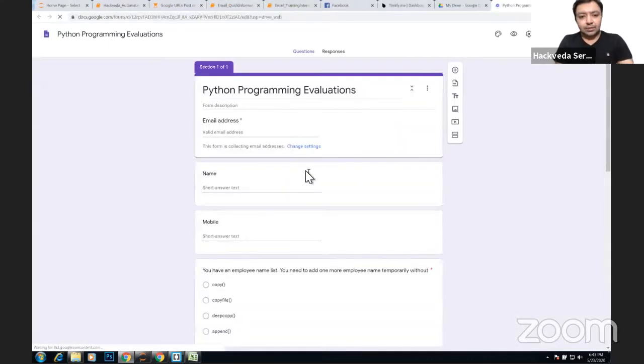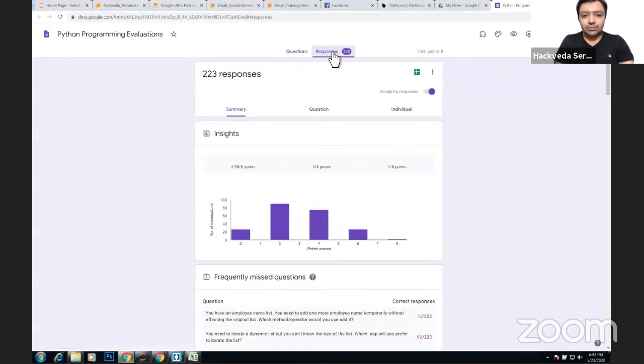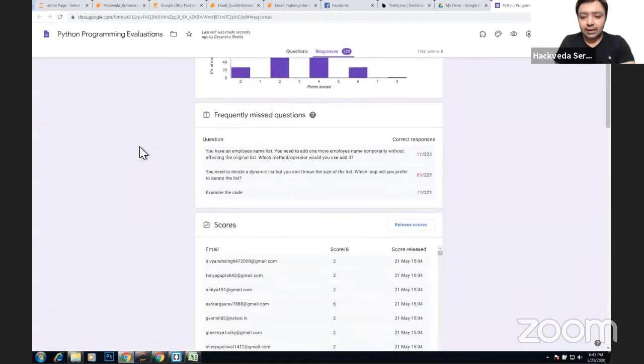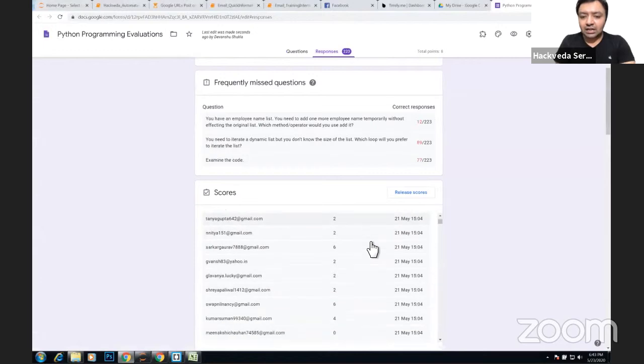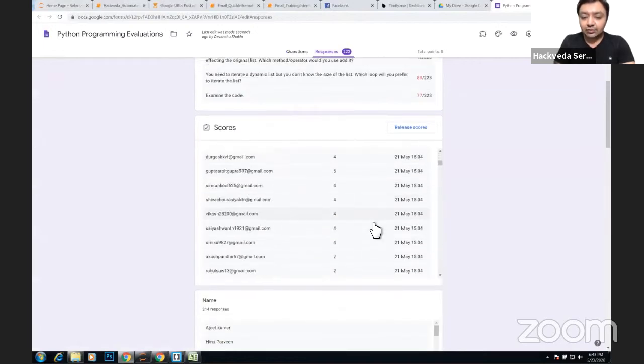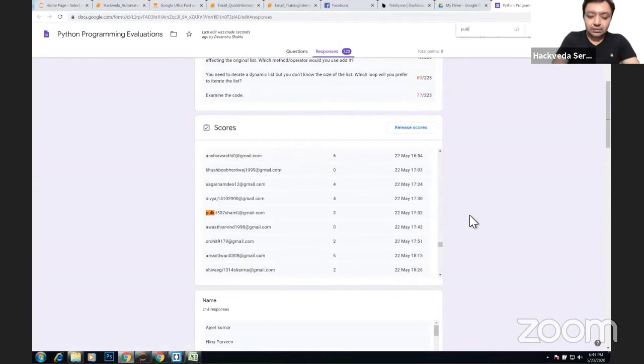दिया, आई एम जस्ट टॉकिंग अबाउट द रेस्पॉन्सेज ऑफ पुलकित बिंदर क्योंकि उन्होंने एक क्वेश्चन पूछा है। तो अभी पाइथन इवैल्यूएशन में 223 बच्चे ये इवैल्यूएशन दे चुके हैं, ठीक है। हर बच्चे का अलग अलग स्कोर है, 8 मार्क्स का ये था, किसी के 2 हैं, किसी के 4 हैं, किसी के 0 हैं, किसी के 6 हैं, काइंड ऑफ दैट। ओके, लेट्स से आई नीड टू सर्च फॉर समथिंग लाइक पुलकित।